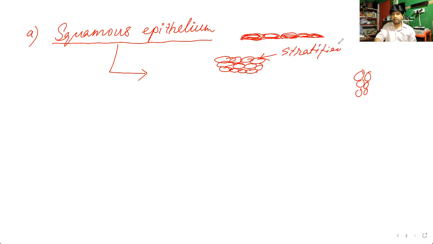Stratified squamous epithelium. So like this, it is also one type of epithelium we are getting. And this type of epithelium we are getting in our skin, in the body skin, where this type of stratified squamous epithelium tissue is available. Now, if you think about the structure of the cell of the squamous epithelium,